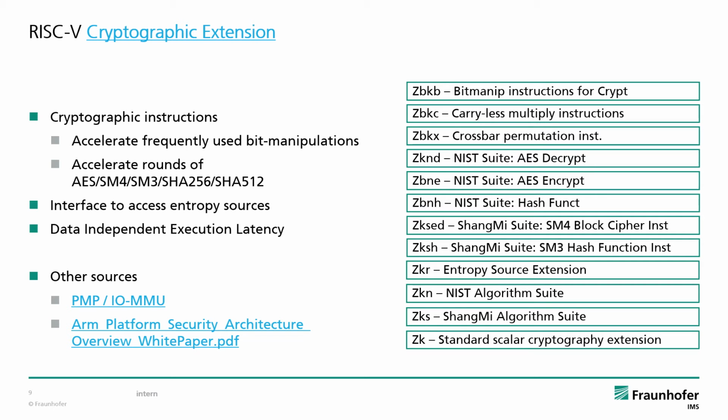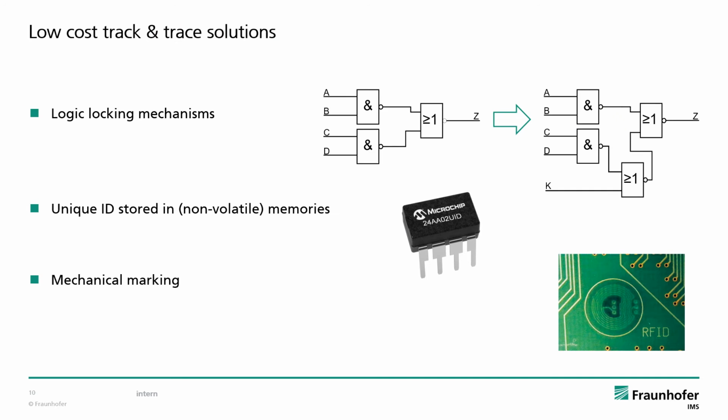All of the aforementioned techniques are meant to ensure integrity and confidentiality, but for identification purposes alone, they are sometimes too expensive to implement. Identity information is often required to detect counterfeit parts or parts from overproduction that are sold through gray channels. Simple and cost-efficient solutions include logic locking techniques, where the netlist sent to the manufacturer is modified to only produce correct behavior if a secret key is applied to some of the inputs during startup.